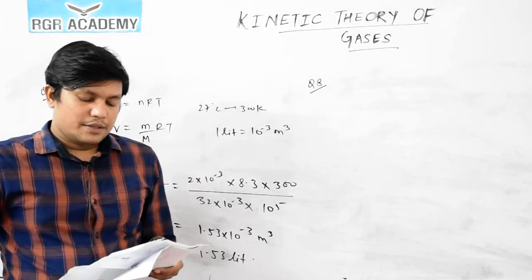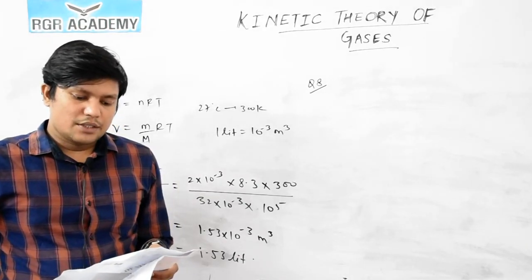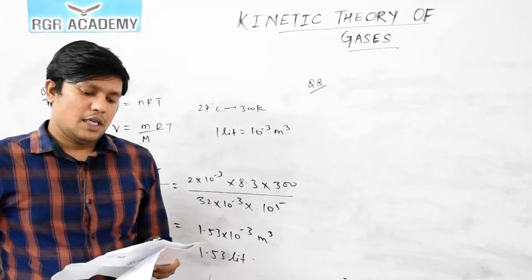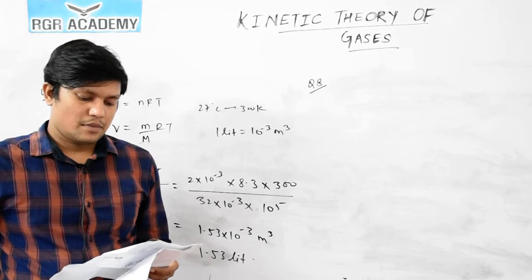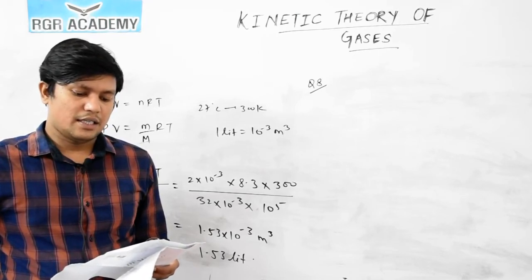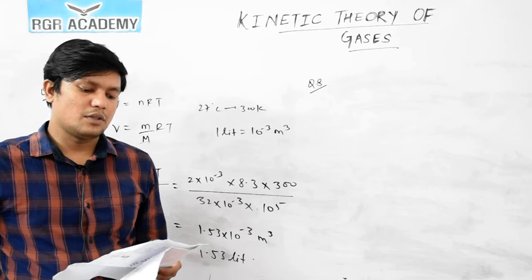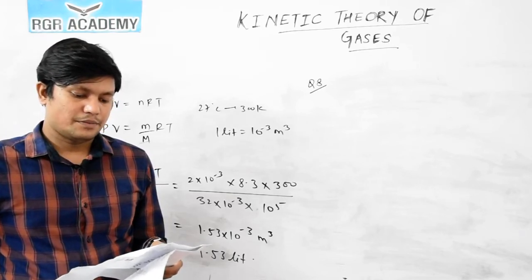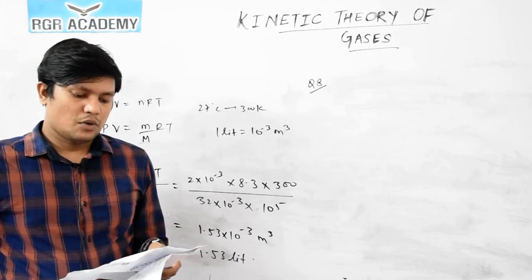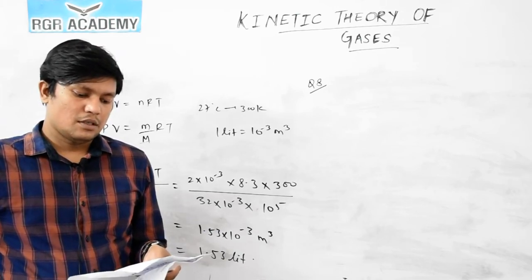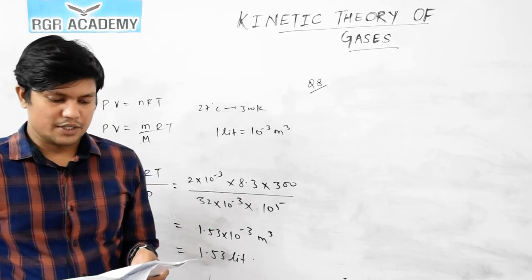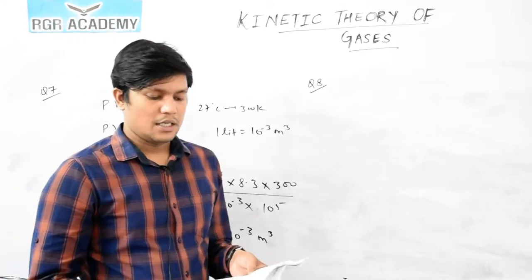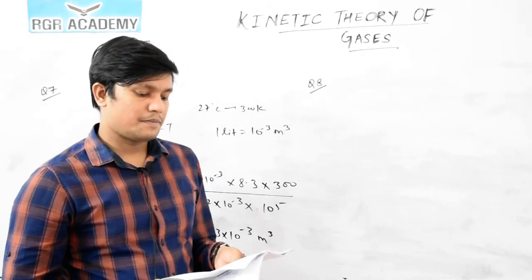So in question number 8, equal masses of helium and oxygen are given equal quantities of heat. There will be a greater rise in the temperature of helium when compared to that of oxygen. The second one is, the molecular weight of oxygen is more than the molecular weight of helium. So the second statement is correct. We will check the first one. We know that the molecular weight of oxygen is greater than that of helium. For oxygen it is 32, for helium it is 4.